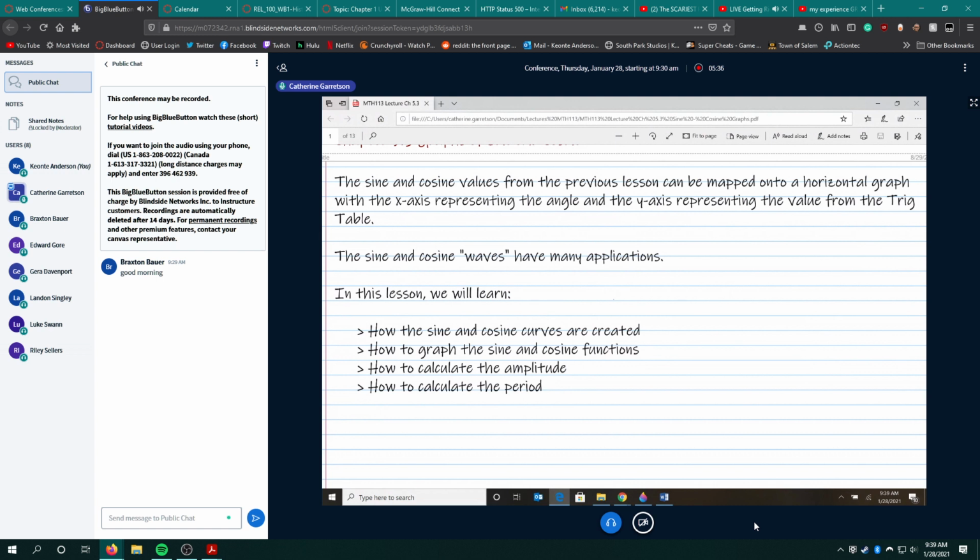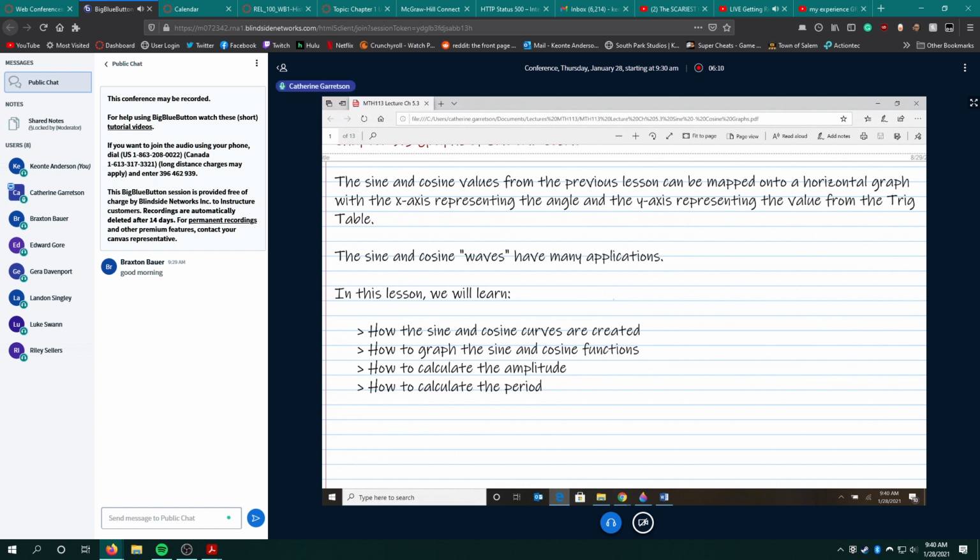But one is shifted over to the left of the other, but they're both waves. And so those waves have a lot of applications because a lot of things are waves, not just water having waves, but you have your sound waves and all kinds of other waves, radio waves and microwaves, and they all have a wave. And the difference between those waves would be